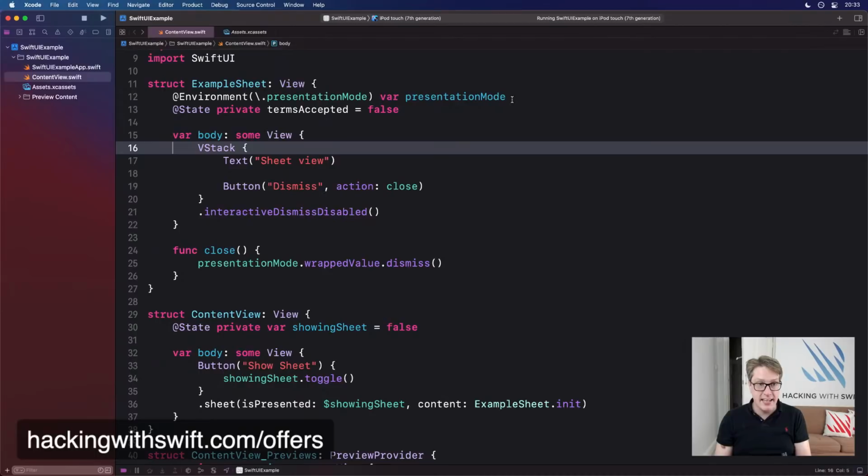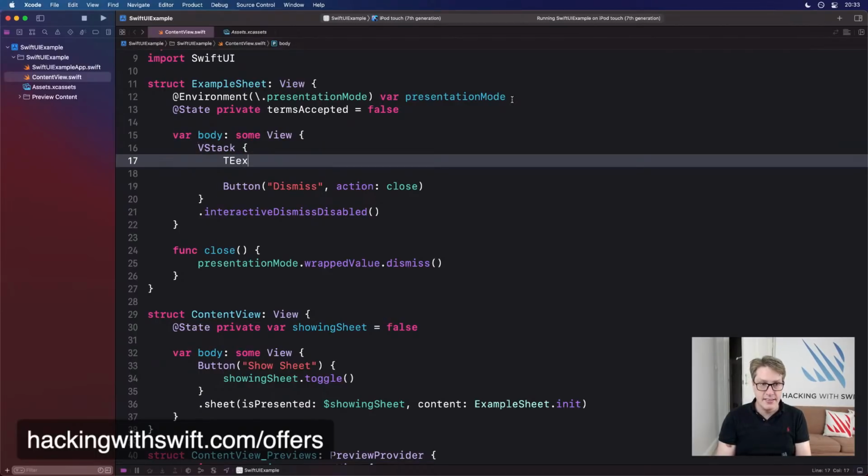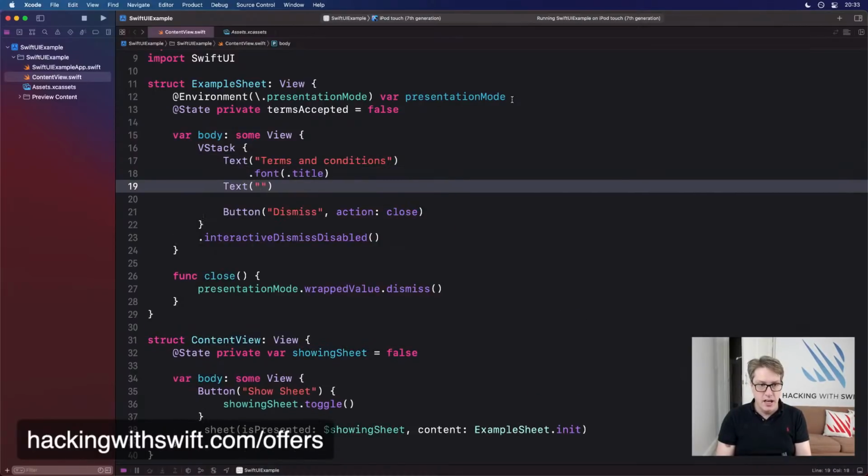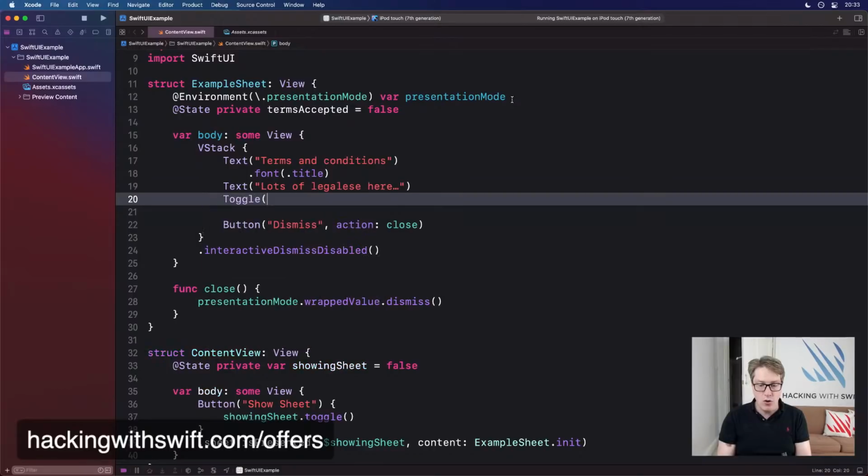And so in our VStack, I can now say there's text with terms and conditions in a font of title, and text, lots of legalese here, like that. And then a toggle, I'll just do accept, like that, and bind the isOn state of that to be termsAccepted.